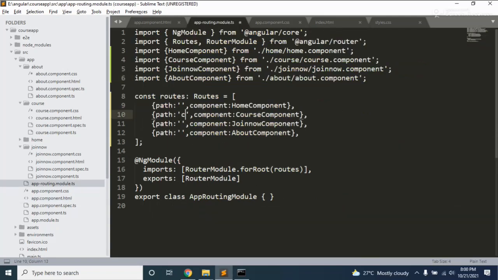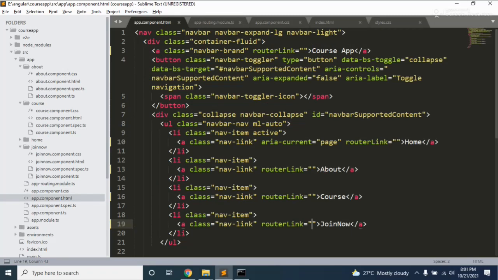I'm just adding the path for the course, and this one is join now, and this one is about. This should be empty because there is no home component, it's actually the default component, right? So we just need to add course, join now, and about. This is the course app, so I'm adding course, and home should be empty, and router link should be about.